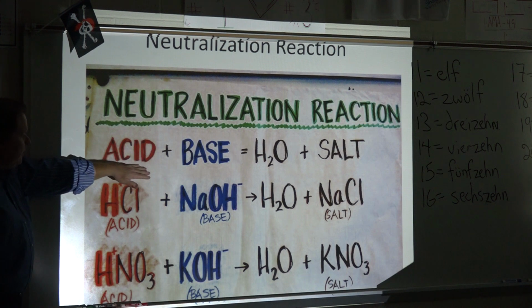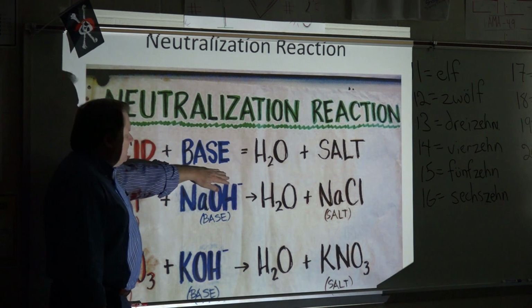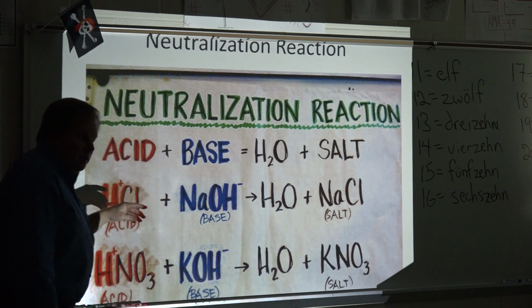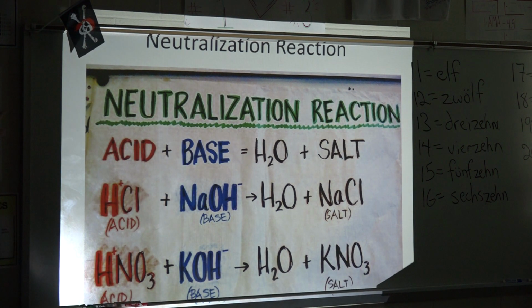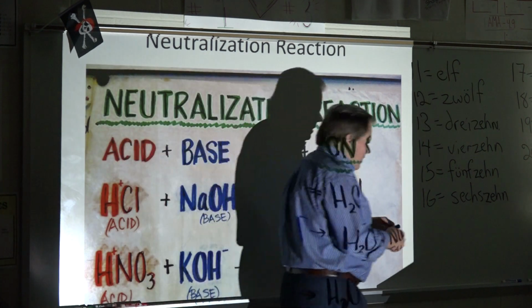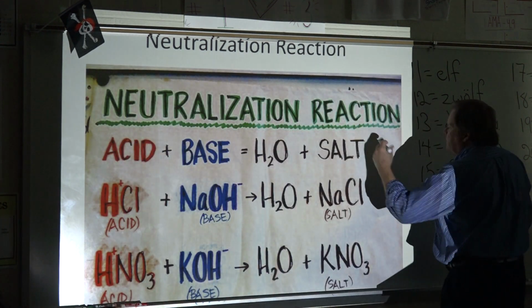Acid plus a base. So this is the most generic form. And even though I'm out of frame, I'm going to point to the pH table here. At the top, 7 through 14, we've got the bases. Below, 0 to 7, we've got the acids. Acid plus base equals water plus a salt. A salt. We know that